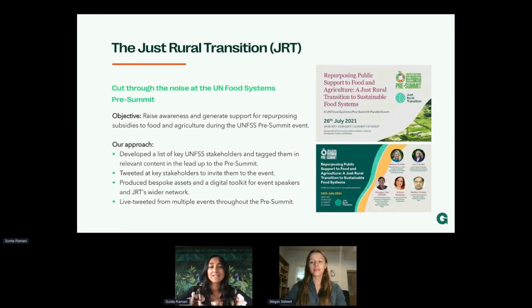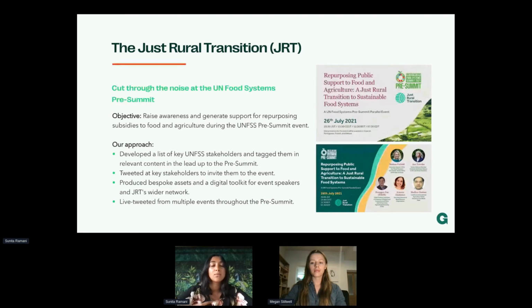So in this case, with the UNFSS pre-summit, the objective with this campaign was all about raising awareness of the Just Rural Transition's mission, generating support in particular for their mission of repurposing subsidies to food and agriculture.